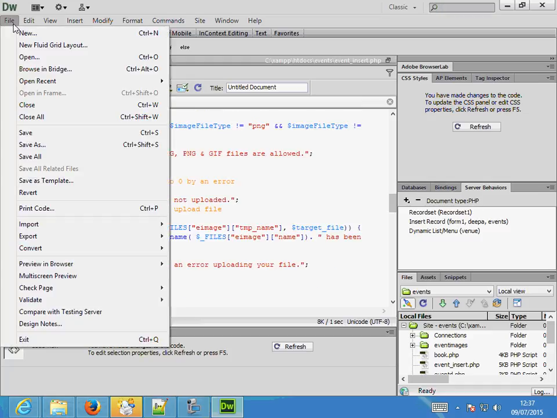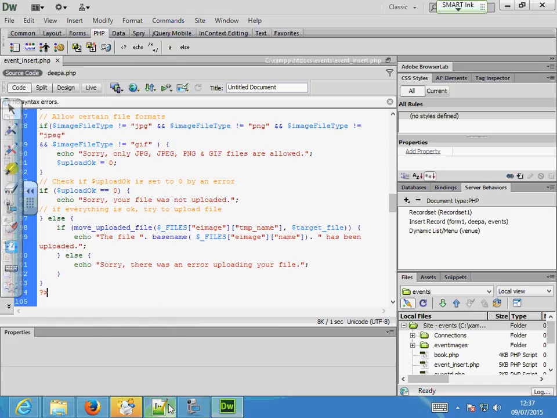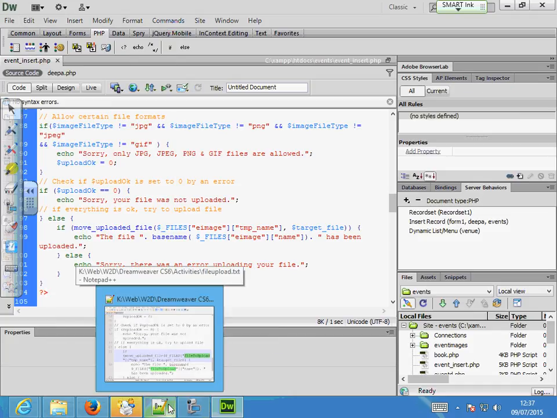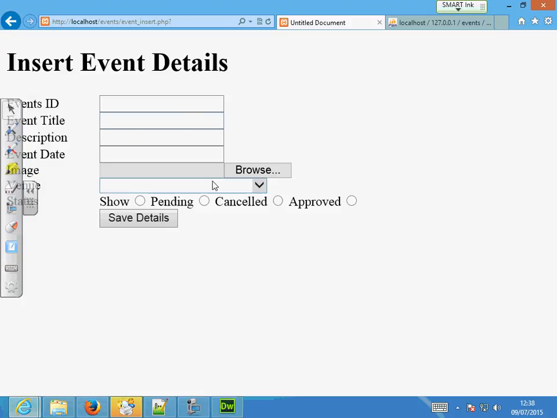So if I save this now, and I try to insert now, the insert should happen, and my file should also get uploaded. So let's look at whether it does.